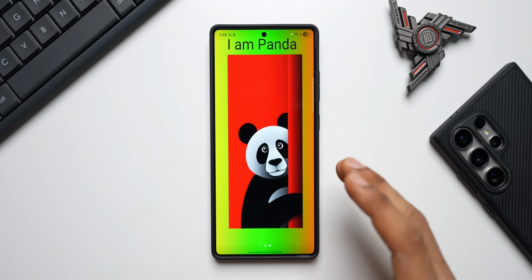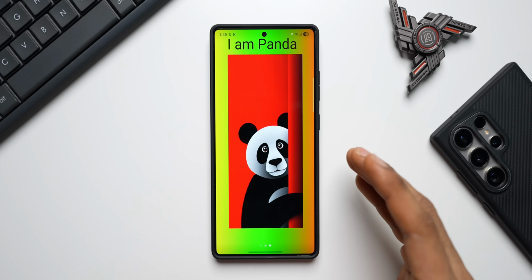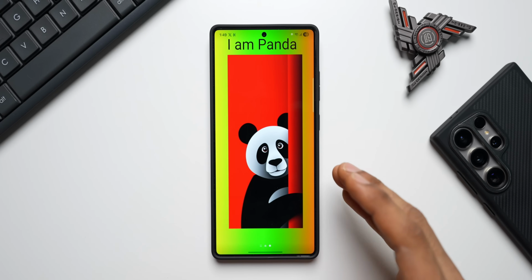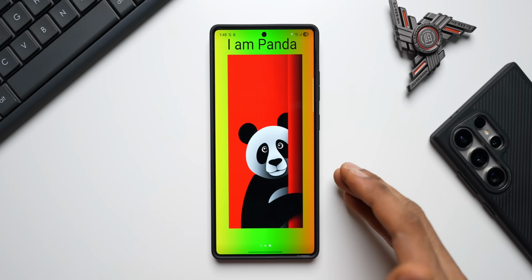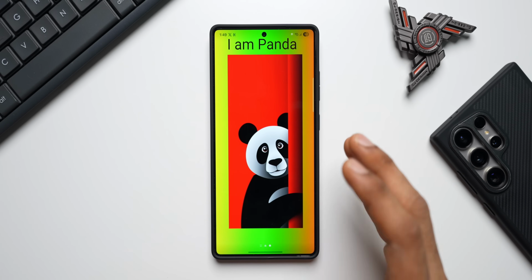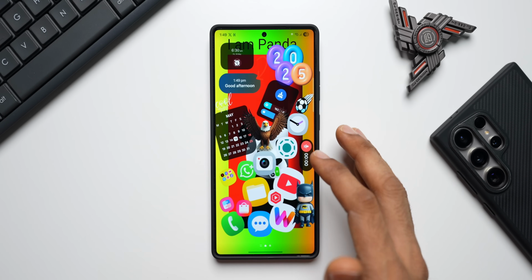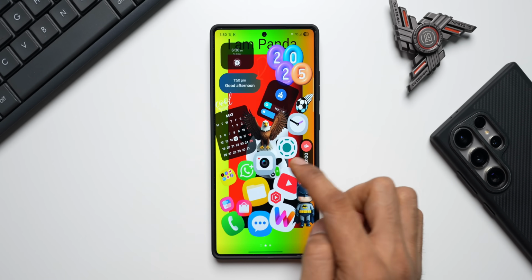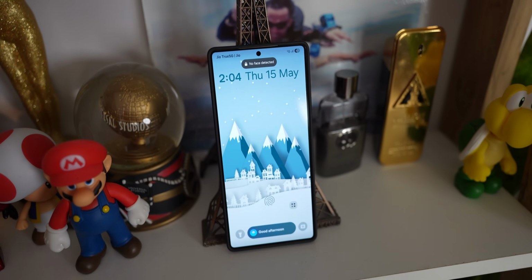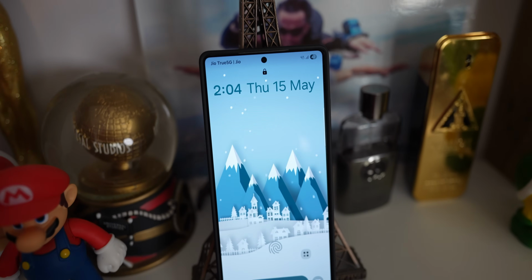So if you're creative, you can do a lot on this. You can create your own wallpapers with various different particle effects and gradients and with video on it. And you can also have some cool looking lock screen effect on the Galaxy phone. So go ahead, check out this application. You see, whenever I swipe on the screen, you get those drops here. That's a cool effect. Go ahead and check out, create your own wallpapers, create your own lock screen effect, and